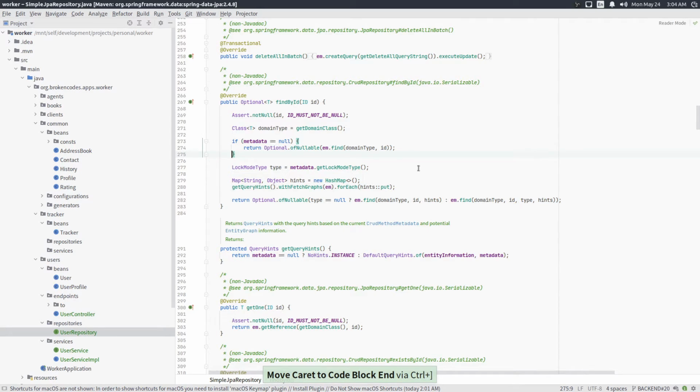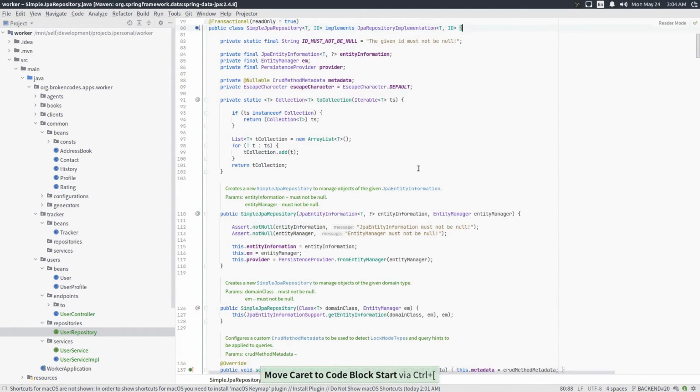Now let me try that again. So control and opening bracket takes me to the opening of the if, control and opening bracket takes me to the opening of the method, and then now if I press control and opening bracket, it would take me to the opening of the class that is enclosing this particular method.